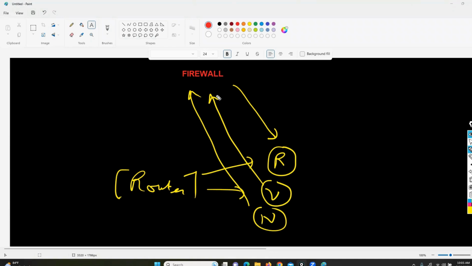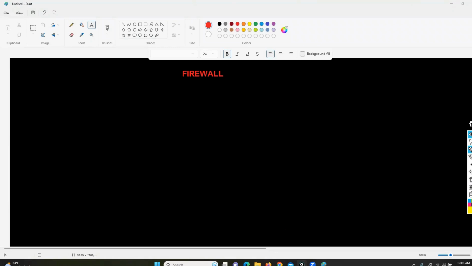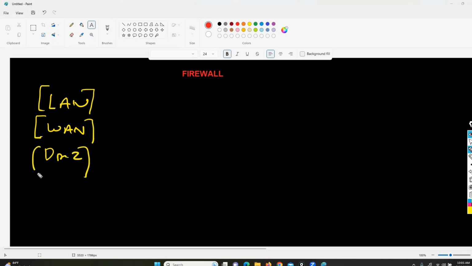Now, firewall is a system or group of systems that can manage access between networks. Between networks means here we have LAN network, WAN network, and DMZ. Your company private network is called the LAN network. Outside or public side network is called WAN. We use LAN for the private network and WAN for the public side. But what about